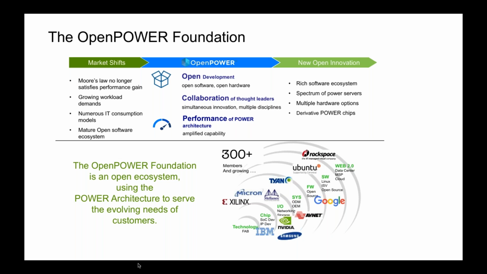And then many other examples: Mellanox for high-performance networking, computer manufacturers like Tyan or Supermicro building their own OpenPOWER servers, cloud partners like Rackspace offering their own OpenPOWER server within their cloud environment, Linux distributors, Ubuntu, Red Hat, or even cloud hyperscale providers like Google, who are looking to build a Power 9 server for use within their own data